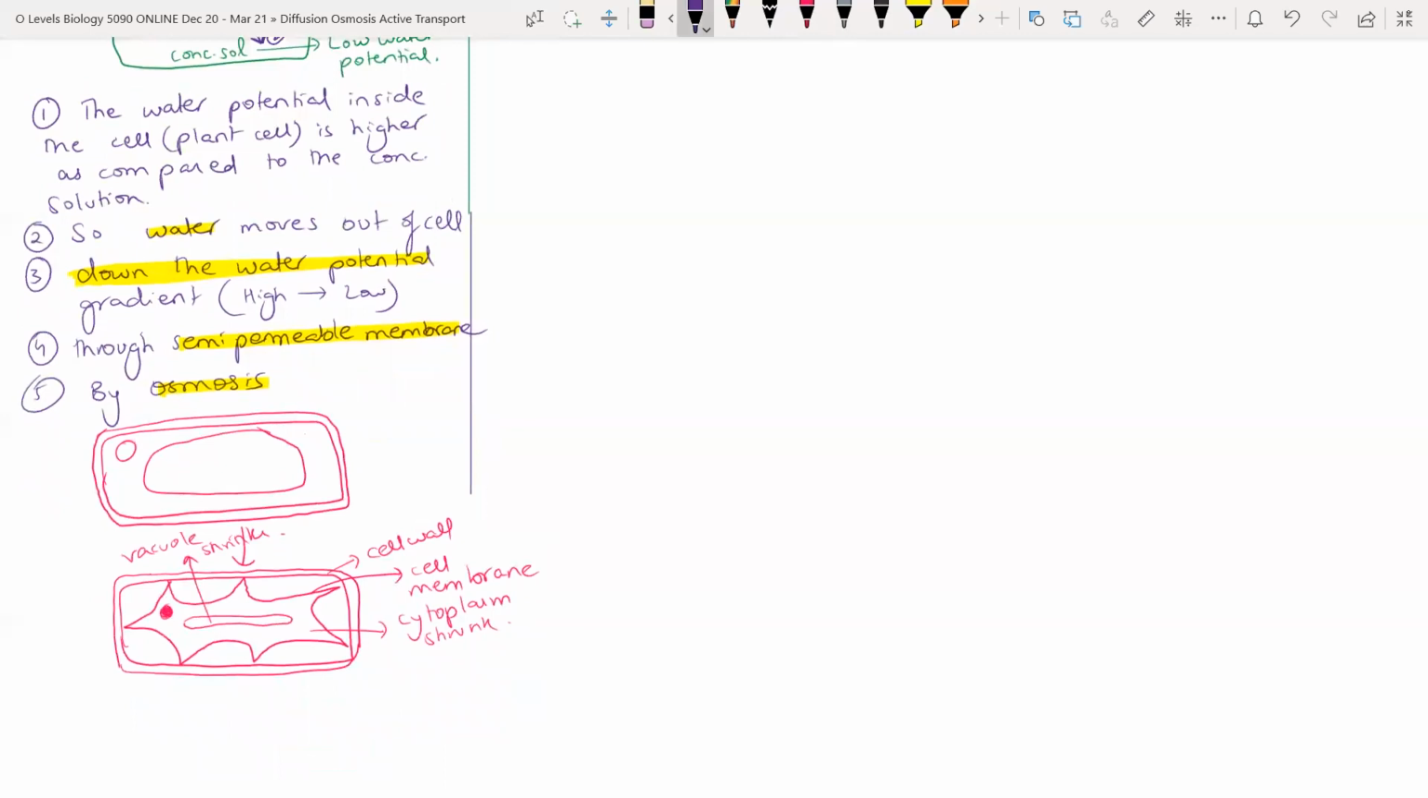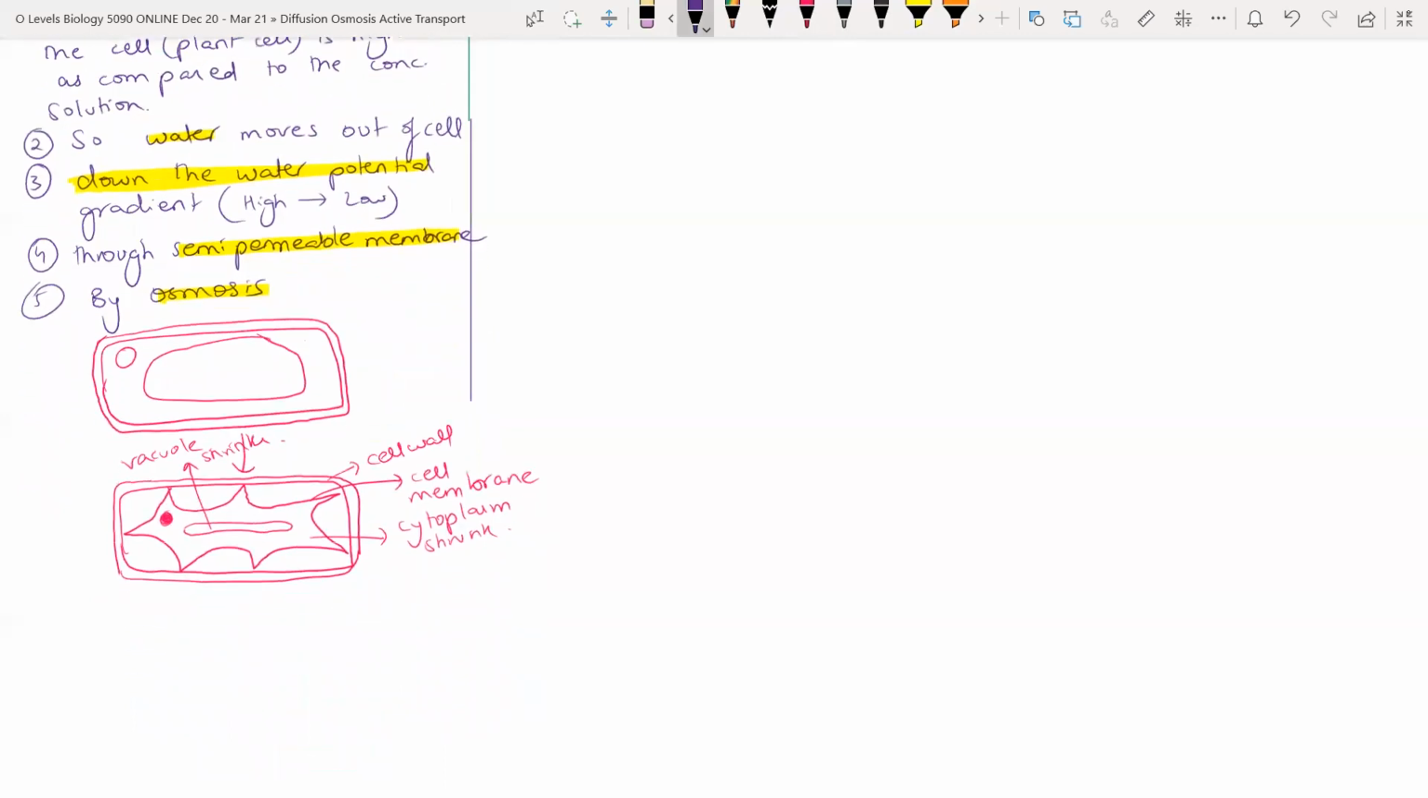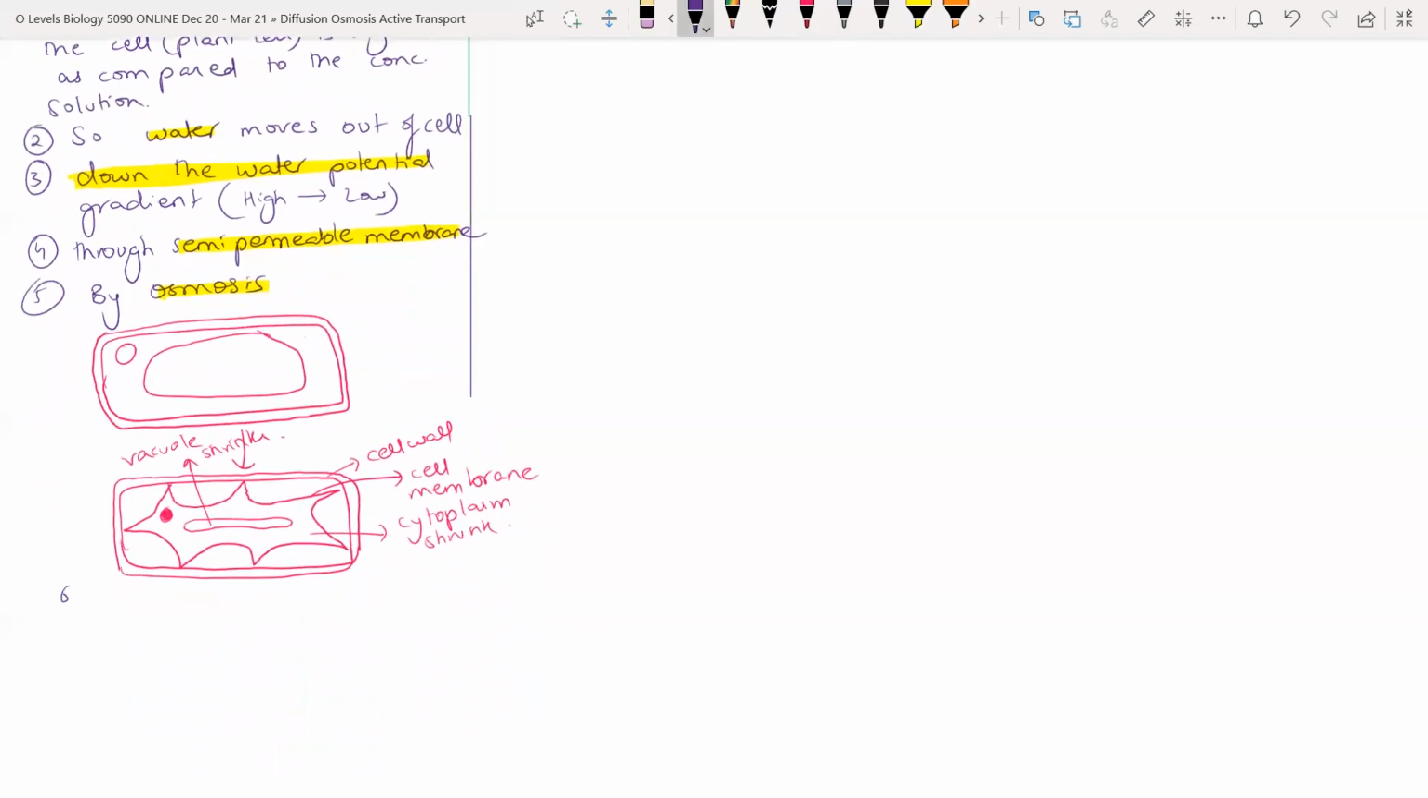After point number 5, I will write number 6: the sap vacuole reduces in size. The sap vacuole, you can also write just the word vacuole, decreases or reduces in size. Okay? And number 7, cytoplasm shrinks